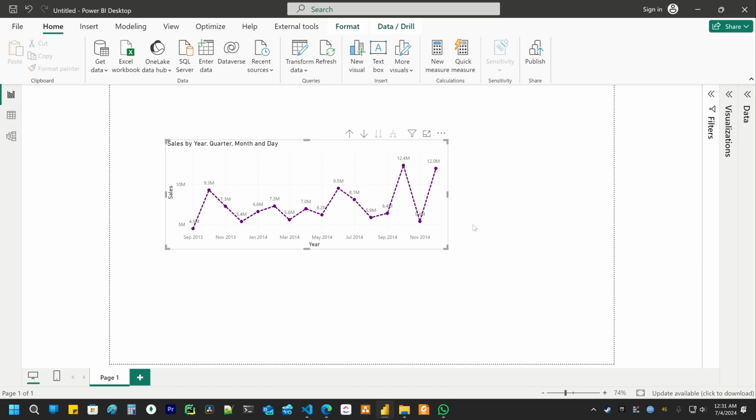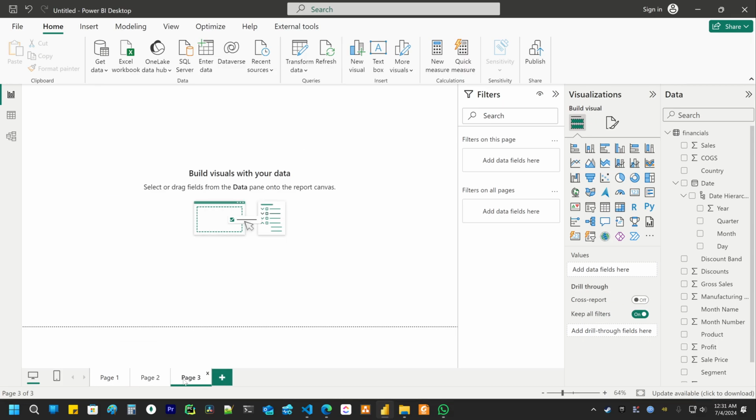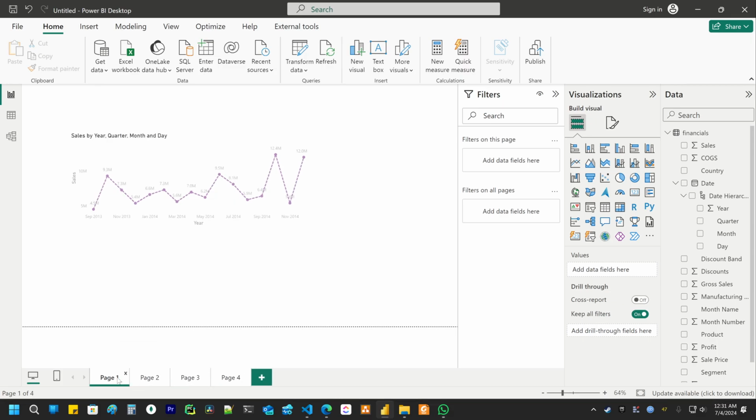So this part is called a page. You can create multiple pages by making a click here. You can change the size of the page